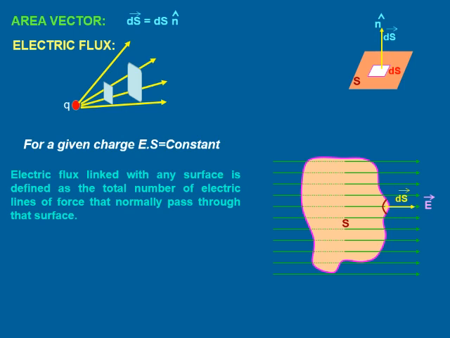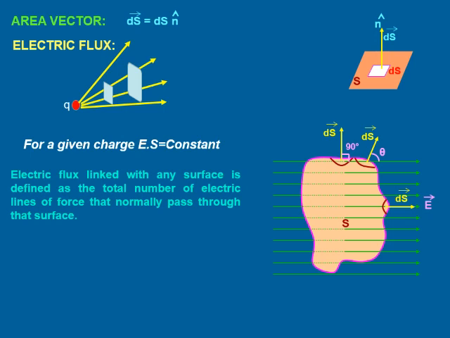Here you can see the area vector pointing normally outwards is in the direction of the electric field. So flux will become E ds. We take another surface element. Again the area vector will point normally outwards from it, but now it is at an angle theta with the electric field. You can choose any surface and see what angle the area vector makes with the electric field. Here the angle is 90 degrees. Now we have to take the field which is normal to the area, the field line that is passing normally through the given surface.